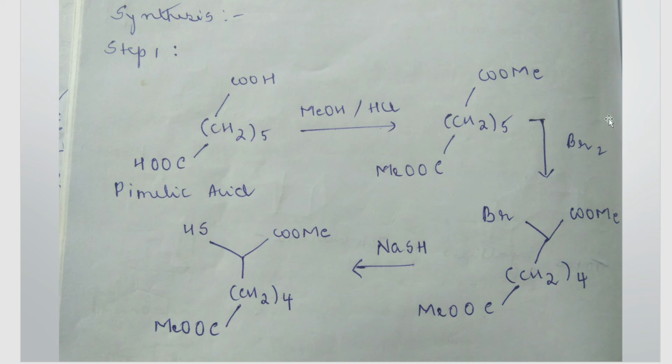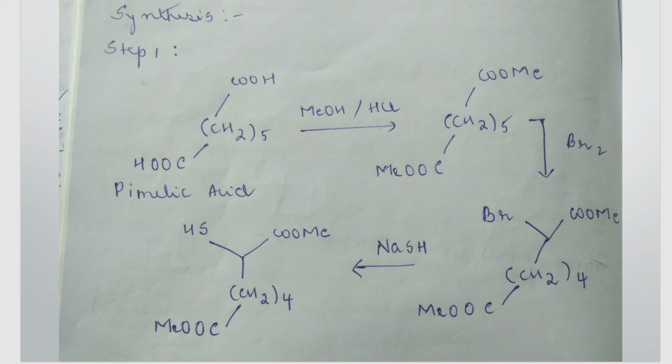Next, you add bromine to it, Br2. Out of these five CH2 groups, the bromine will come and attach to the fifth CH2 group, so the last but one CH2 group. So here, one of the bromines will attach. How will you write it? You can open the chain and write it, but instead of writing that lengthy chain, you can just write CH2 four times. One more CH2 group is over here, and to that one bromine will come and attach.